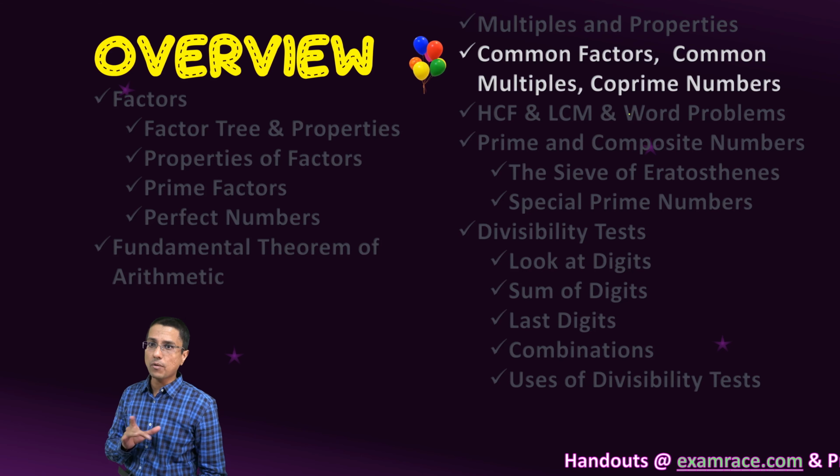Another thing to note here is that although the words highest common factor have the word highest and greatest common divisor has the word greatest, the HCF and GCD are always less than or equal to the numbers themselves. So my number 12 is less than 84 and also less than 24. So do not get confused by this terminology. Although we call them highest common factor, because they are factors, they have to be at most the numbers themselves. So very simple term. Now, of course, this 12 is known as HCF. We understand them. Very important.